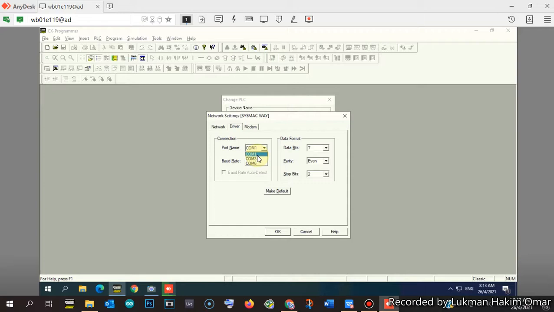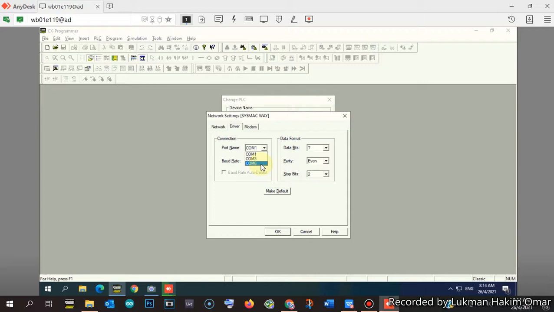But because we use a USB to serial converter, there are two possibilities of COM port, COM3 and COM6. For example, in this workbench number 1, COM3 is used for the connection to the PLC master, and COM6 will be the serial connection to the slave PLC.